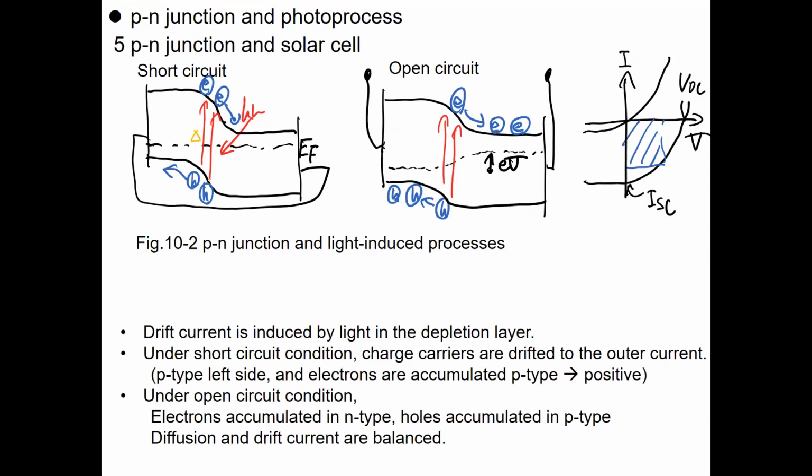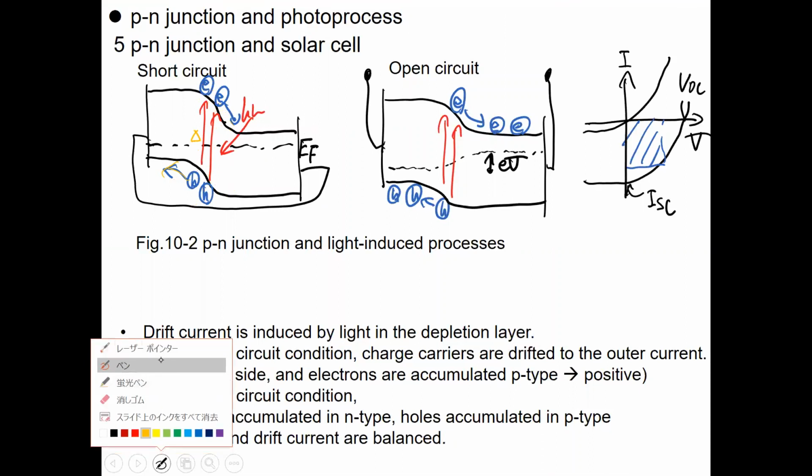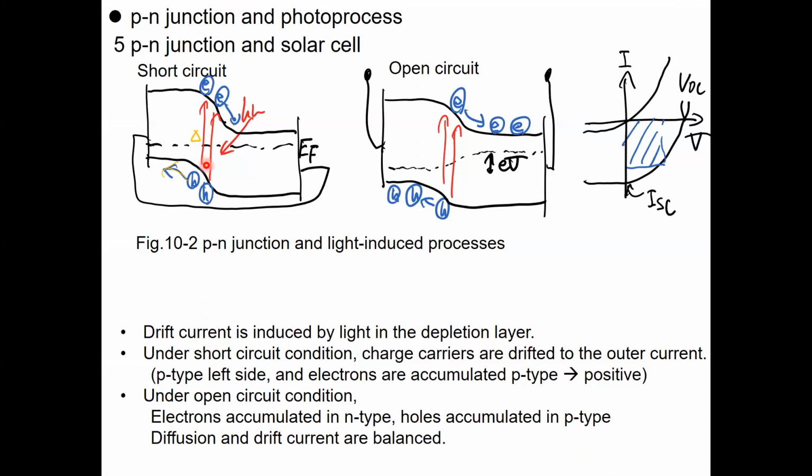Due to thermal excitation, sometimes you could excite an electron and hole at the depletion region. And in this depletion region, electrons can move towards the N type, and holes can move towards the P type. This is drift current. So one of the key points first is drift current. This drift current is induced if there's some light. This is originally a very small percentage,